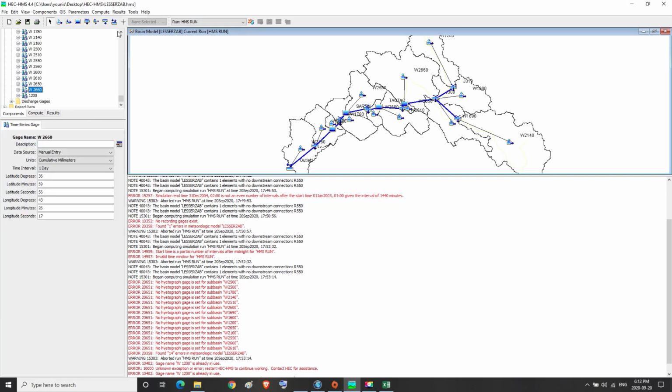By that, we have finished inputting the average precipitation data by the Thiessen polygons method to the tables of the gauges or stations of the subbasins in the study area basin.